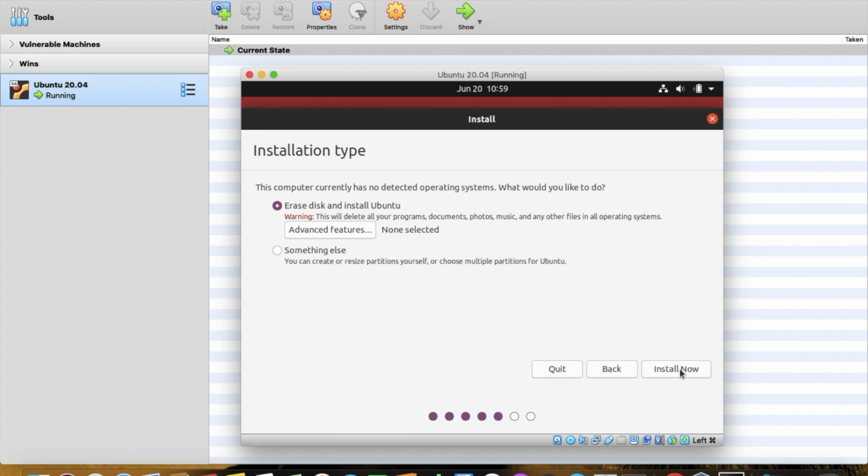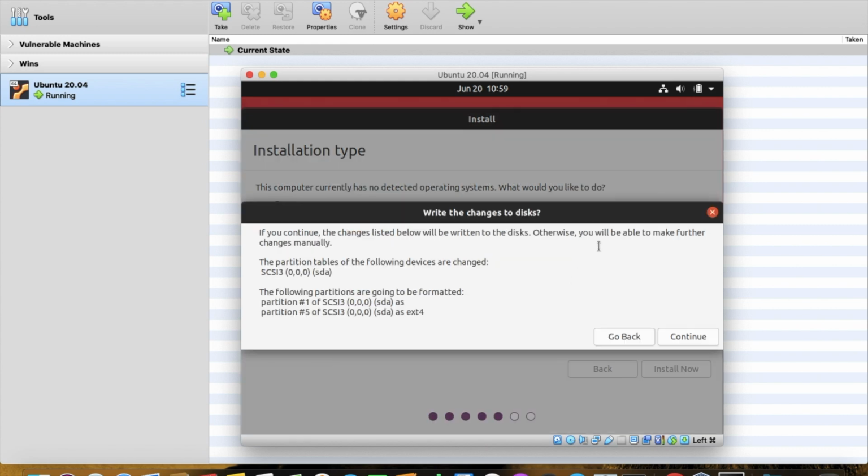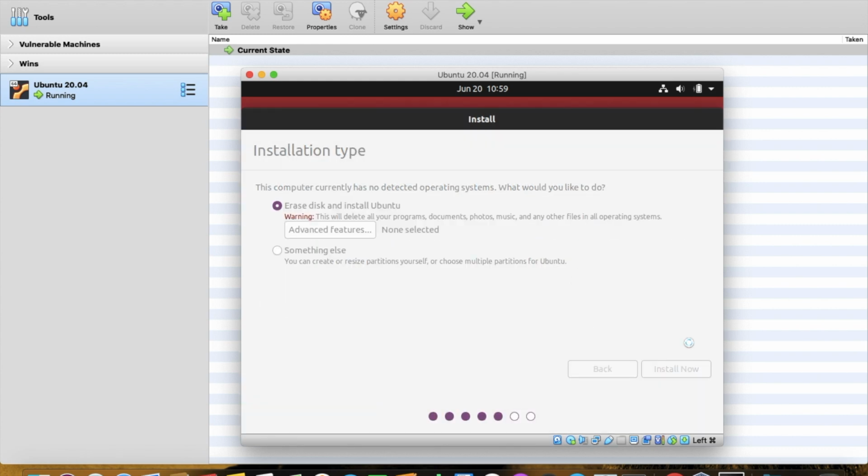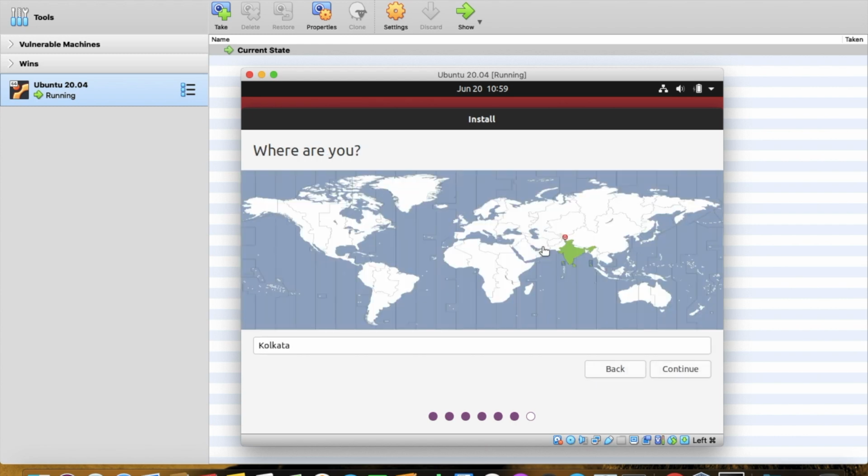Yeah, I want to erase the disk. Click on install now. Continue. My location is India. I'll select it and continue.